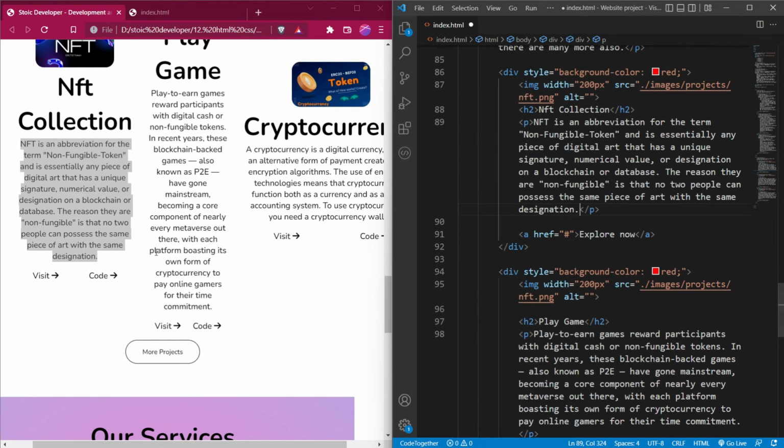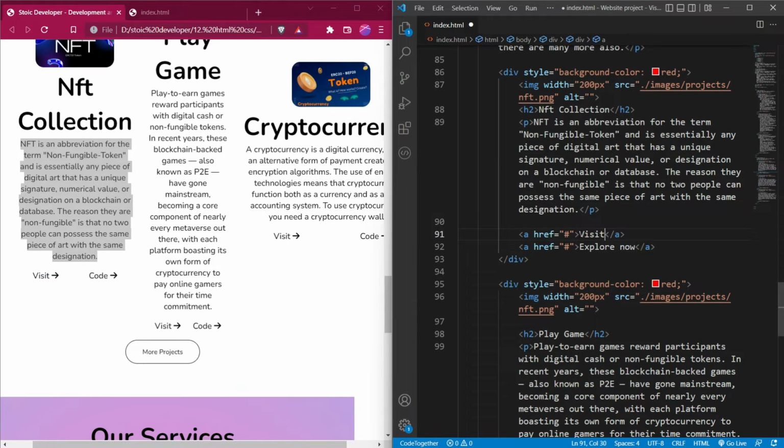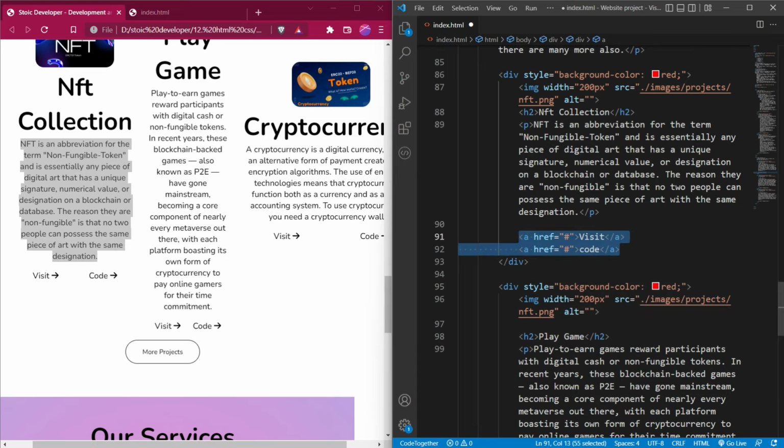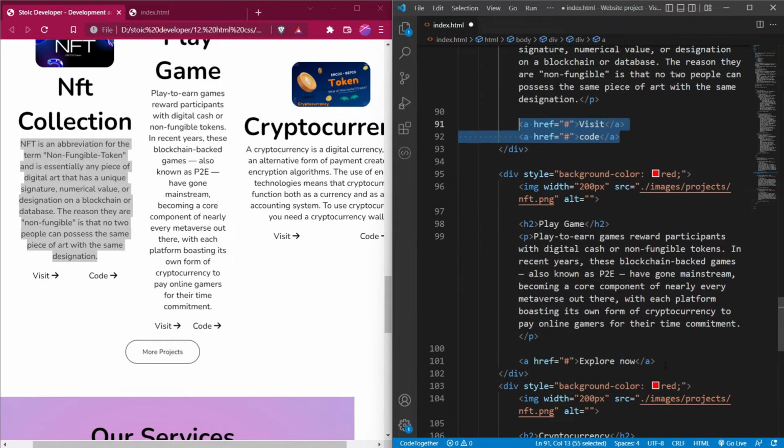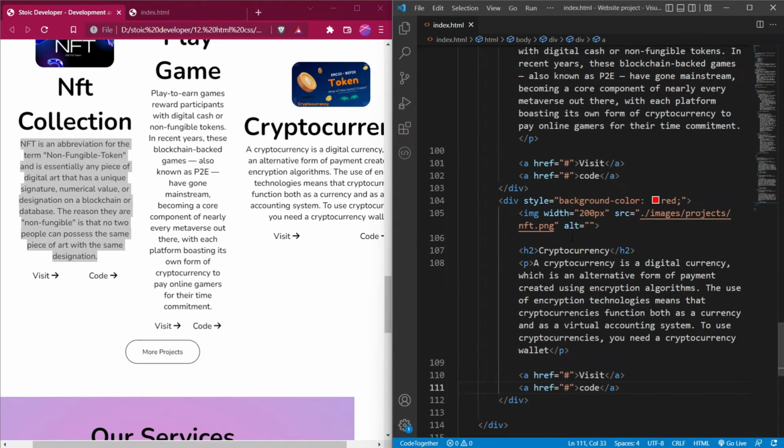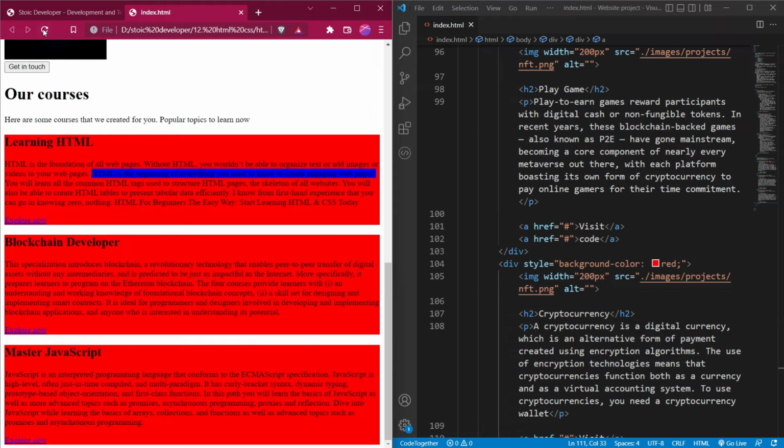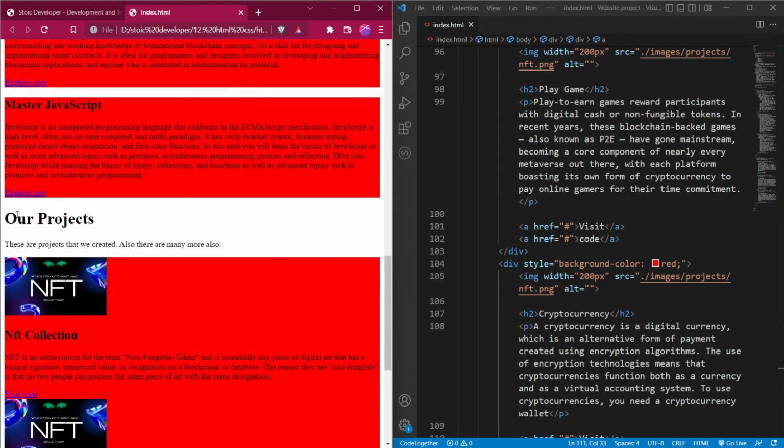Okay, and also here you can see that these cards have two buttons, widget and code. So let's make two buttons here, widget and code. And also let's copy these two tags and paste in cards. So now let's save this, and if we refresh this page, then you can see that this is a new